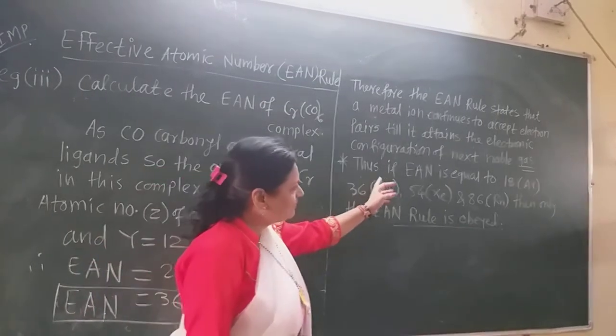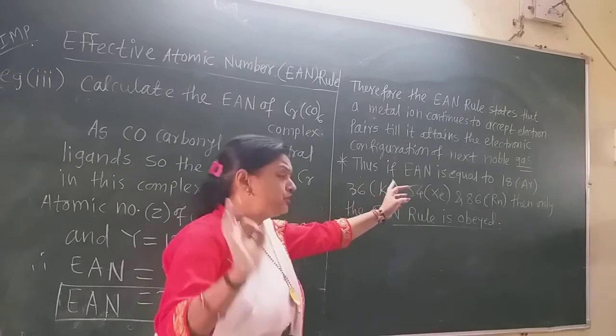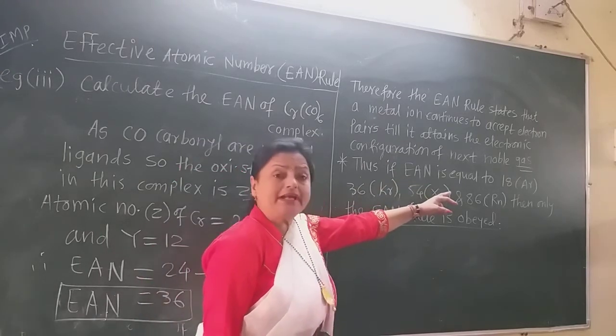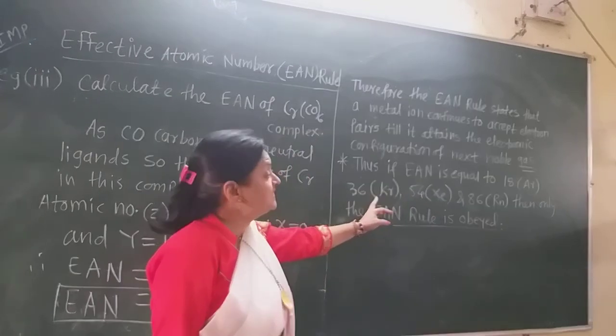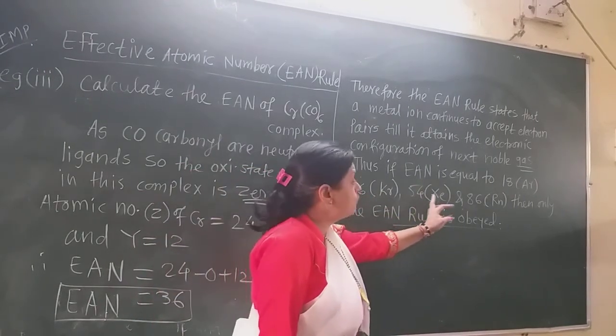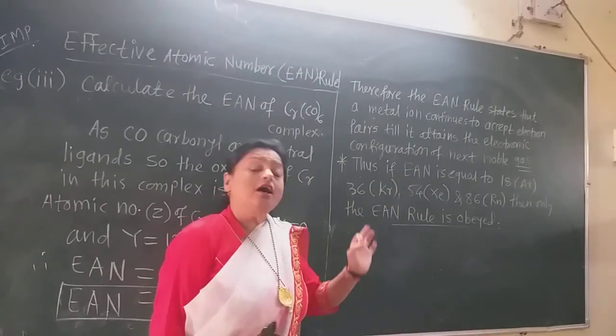Now see here, the effective atomic number must be equal to the atomic number of argon, that is 18, or krypton, that is 36, or xenon 54, or radon 86. Then and only then the complex